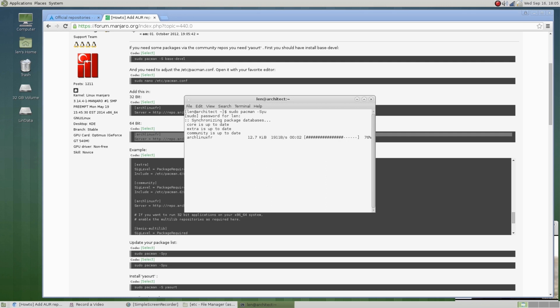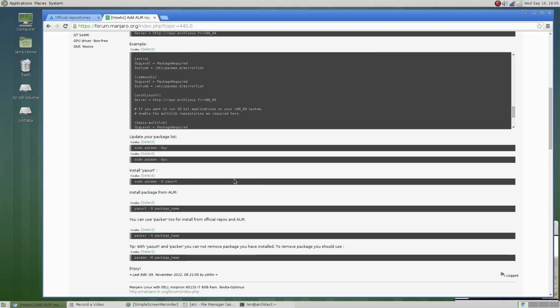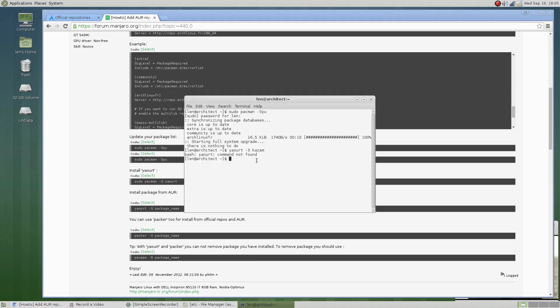And now it's pulling the package listing from the Arch Linux user repository. Okay, so now I'm going to try Kazam. And it's still not there. So let's see. Let me see if I can quickly. Ah, there it is. Okay, so